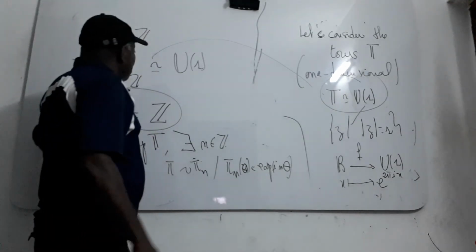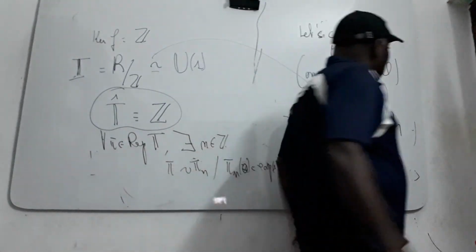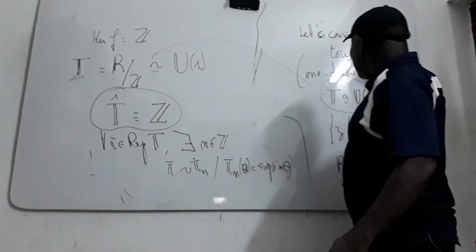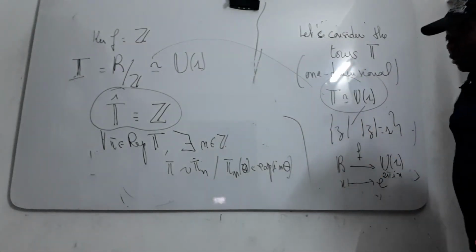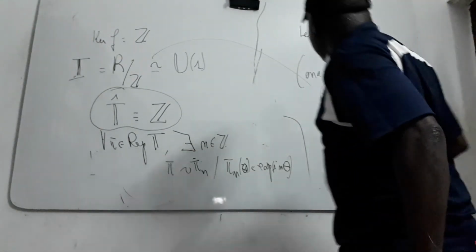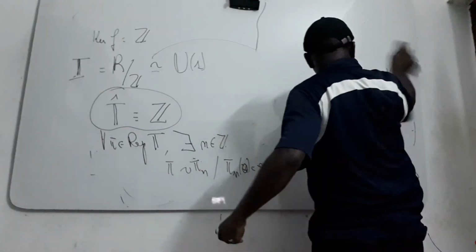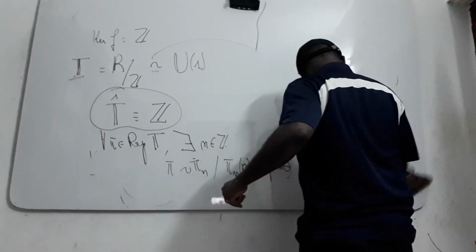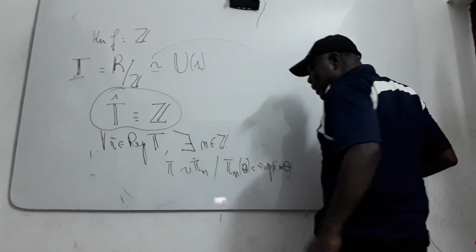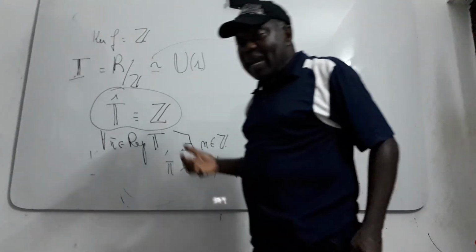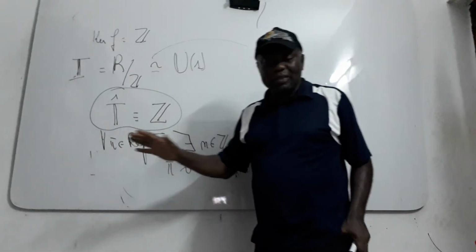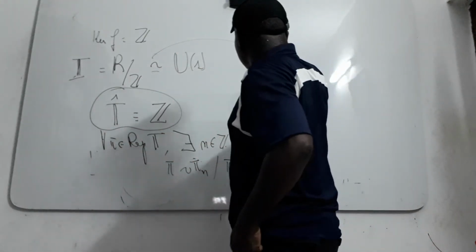This group is also a commutative group. It is compact because this is compact. Compact groups are very good groups, connected groups, and so on, though not simply connected. The first property you can get for the abelian group: any irreducible unitary representation of an abelian group is necessarily one dimensional.